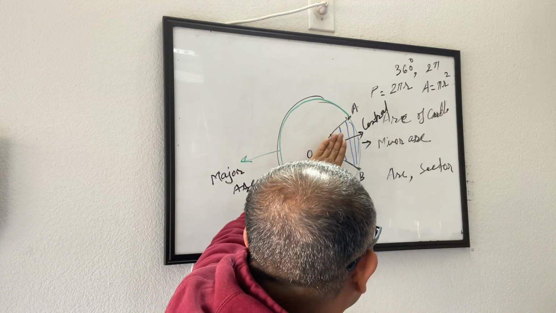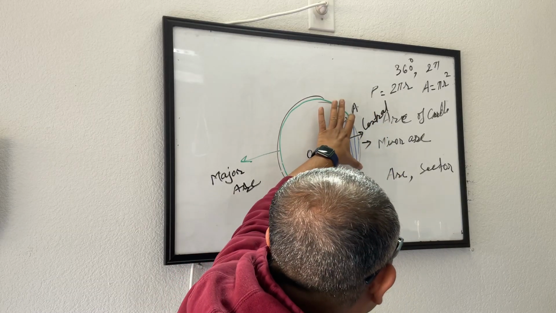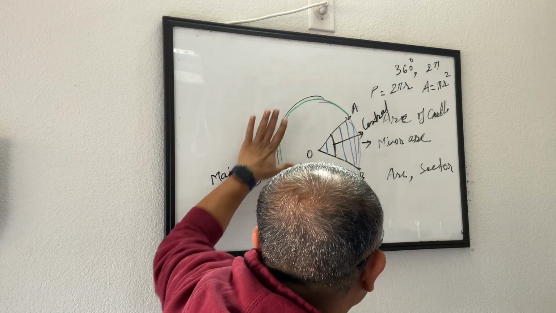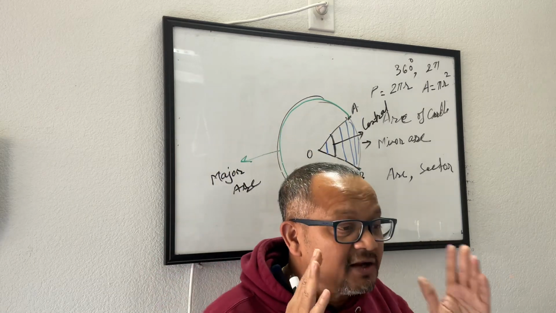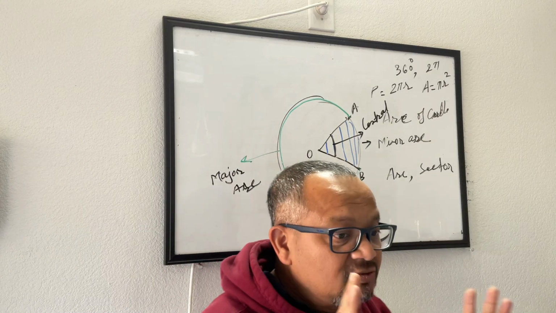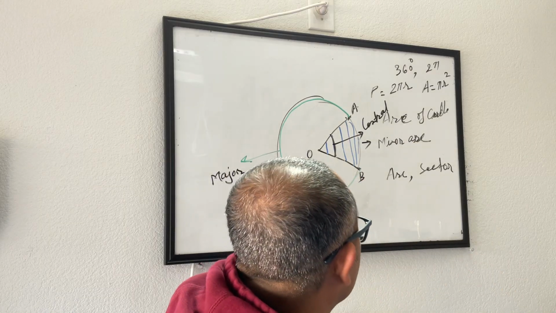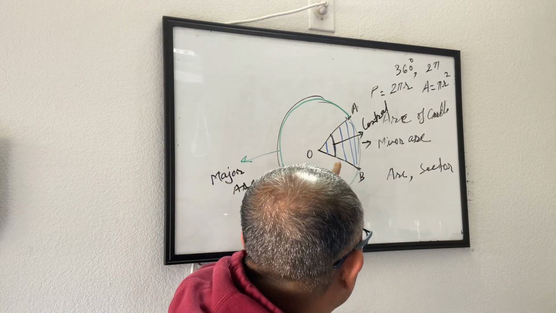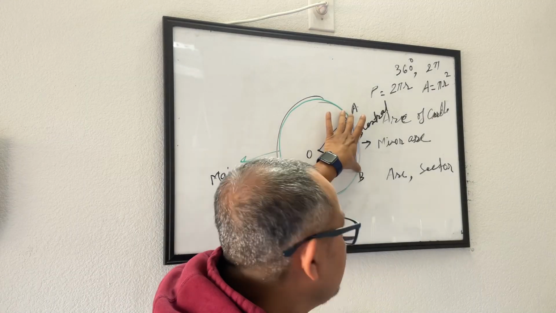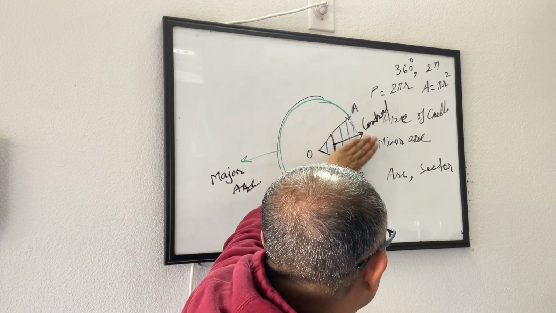If we were not talking about this angle, then we were saying this is the minor arc, this is the major arc, this is a minor sector, this is a major sector. But as soon as the central angle comes into play, it makes it more specific. It doesn't give us 2 options. If this is the angle, then I'm only confined to talking about this part of the arc. If this is the angle with respect to which I'm doing all my calculation, I'm talking about only this area,